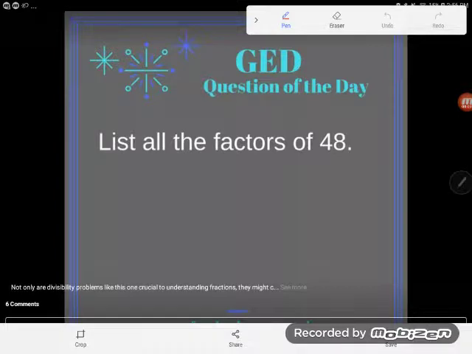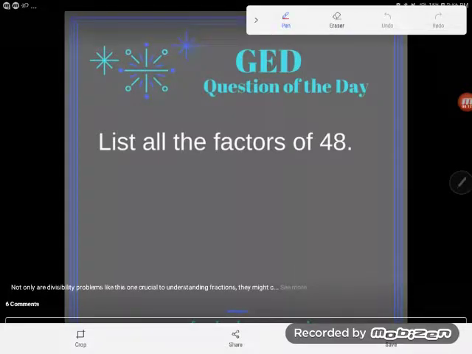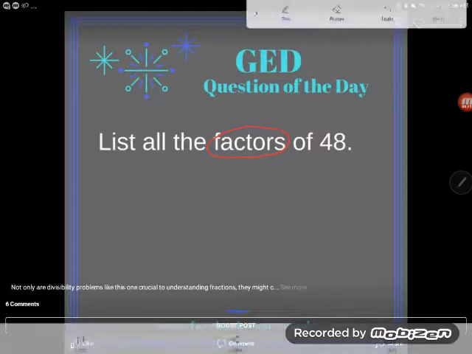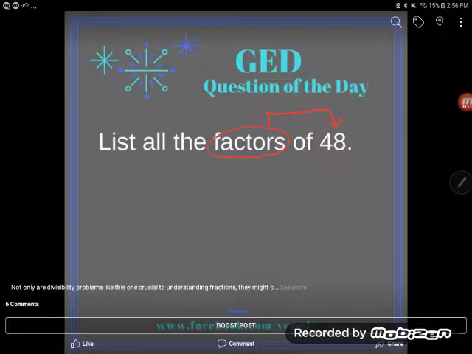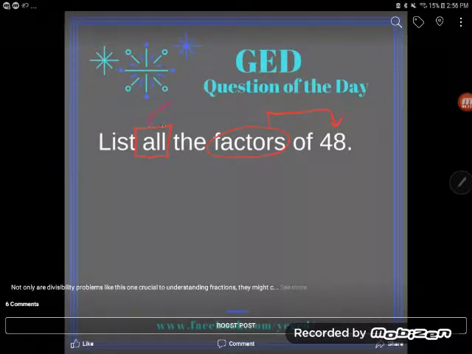I'm looking at another divisibility problem. Fair warning, if you had anything like this on the GED, you'd want to be able to tackle it without a calculator. So this says list all the factors of 48. Factors are whole numbers that you can multiply together in order to make 48. And once again, whenever someone tells you to list all the factors, I really